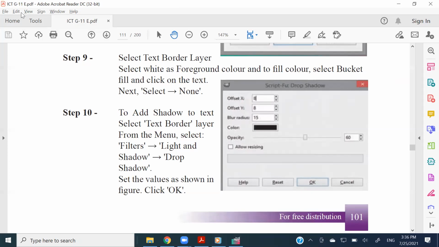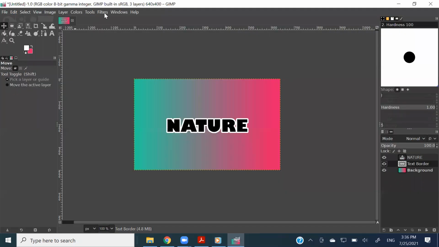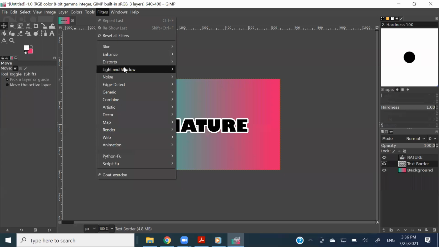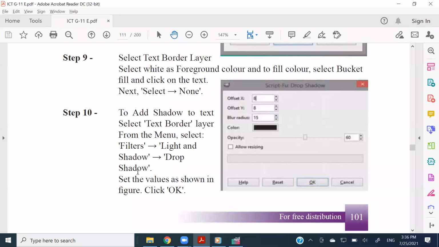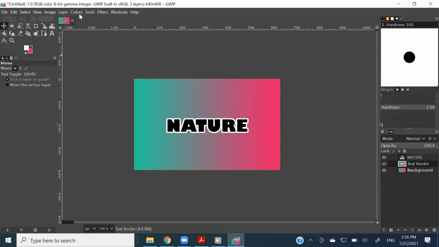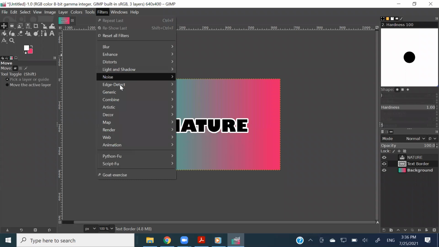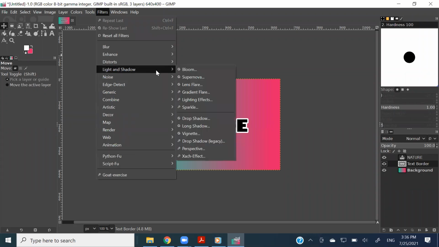Filters, it's the shadow they are asking us to take. Is it the shadow? Light and shadow, yes. Filter, light and shadow, and there you have to choose drop shadow,